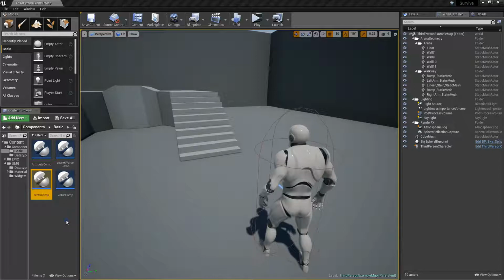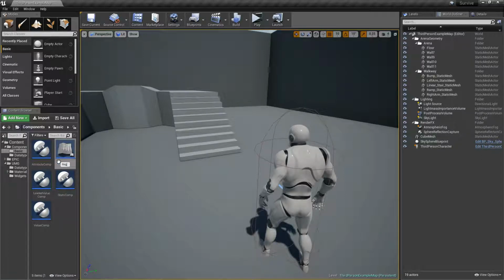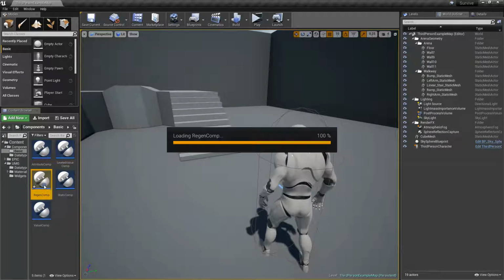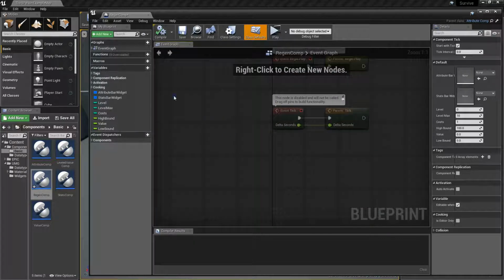And now we create our next component. This will be based off the attribute component again, extending it further. And we call it the regen comp. Those are all the components that can regenerate, like health and stamina, or drain, like food and water. So we go in here, we have all our values,